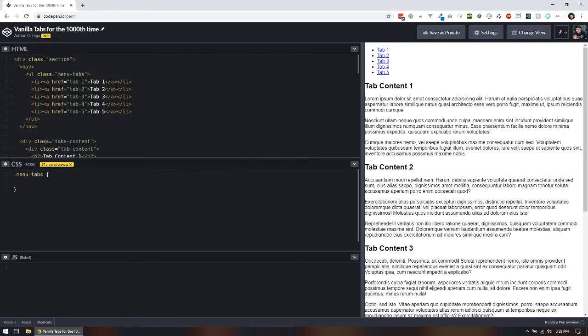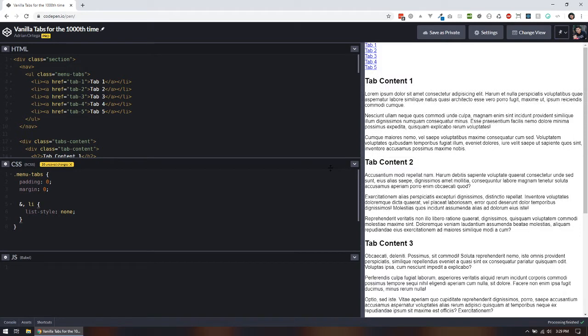So the first thing I'm going to do is actually style these guys out. You'll notice that we have the bullet points and everything from the unordered list and the list item. So we're going to go ahead and remove that by using a list style none. Also, the padding and margin is not necessary right now, so we're going to remove that. I should probably learn how to code. There we go. So now that it's gone and we have a nice clean slate,